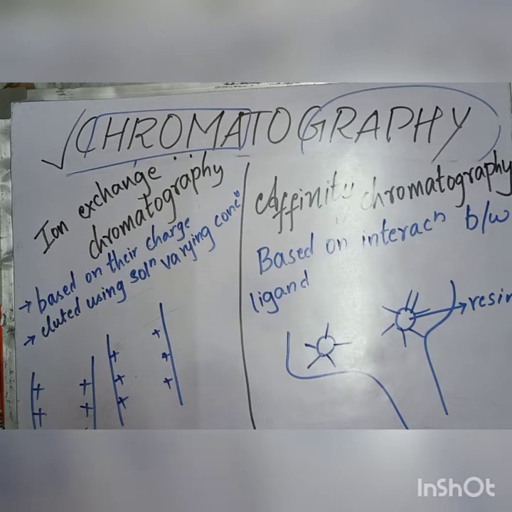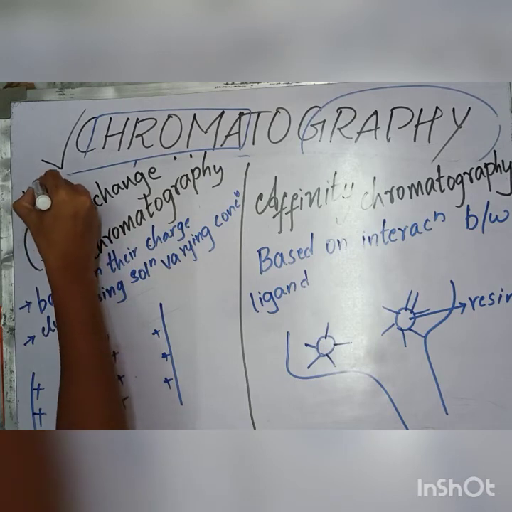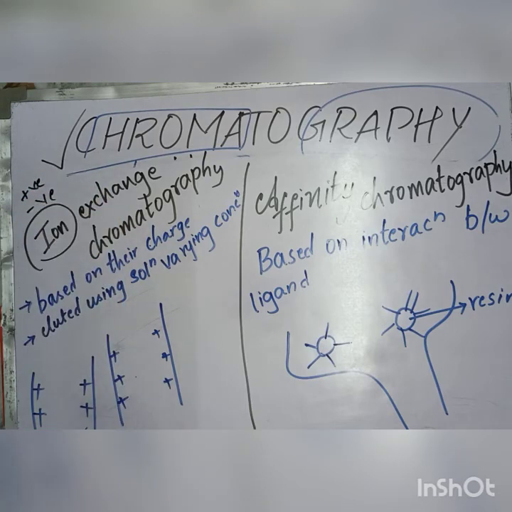So the next one is ion exchange chromatography and affinity chromatography. First let us learn about ion exchange chromatography. Ion means something which has either a positive charge or a negative charge. So for the separation of ions, we use ion exchange chromatography. Here we are separating the components based on their charge,